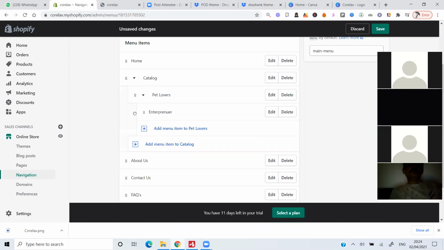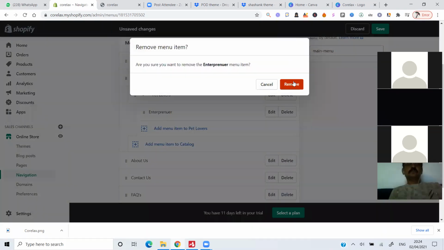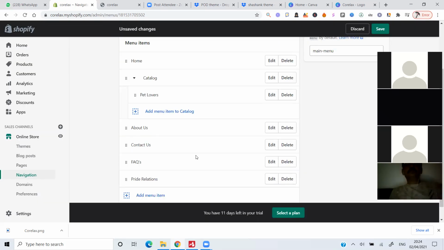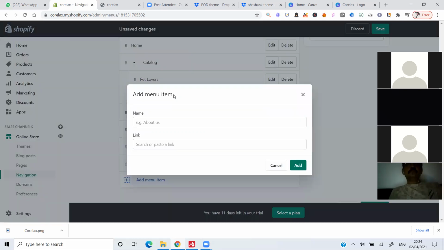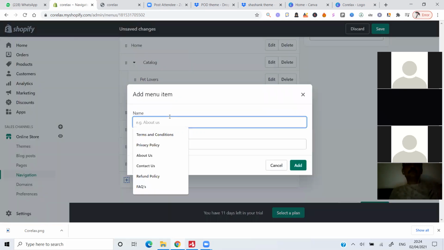I don't know why it is not taking it. Let me remove it from here first. Add menu item to the catalog, for example. Let me add it here itself.